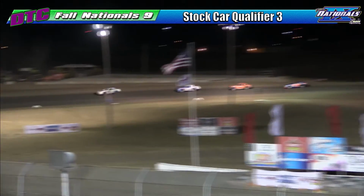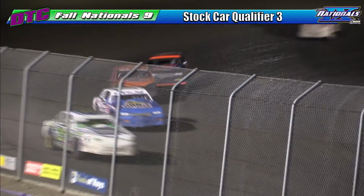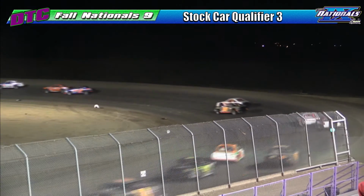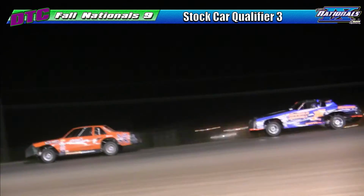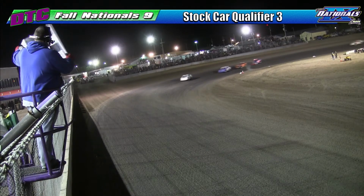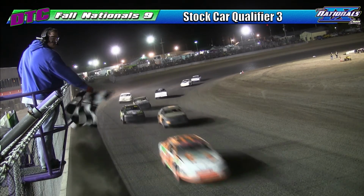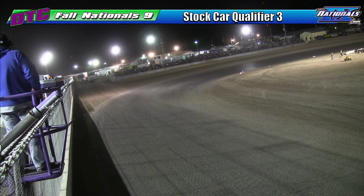2 laps to go. Now we'll be looking at the white flag. One more trip around the legendary RPM Speedway, 3rd and final stock car qualifier for the night. Into turn 3 and off of 4, it will be the 35 JW, the old Frito-Lay man. It is Casey Woken. So Casey Woken, Chad Sterling,